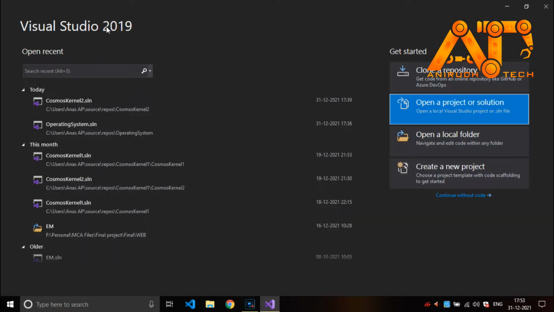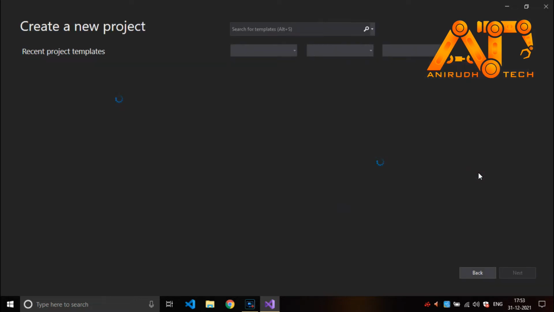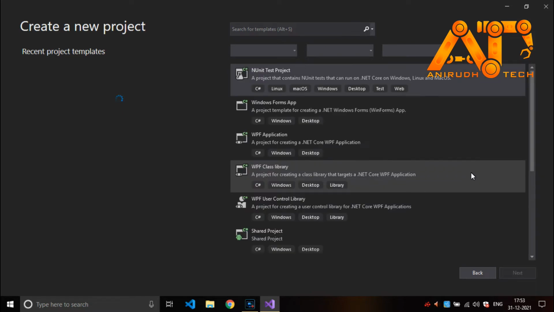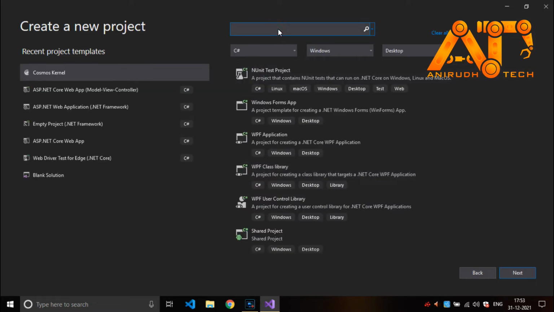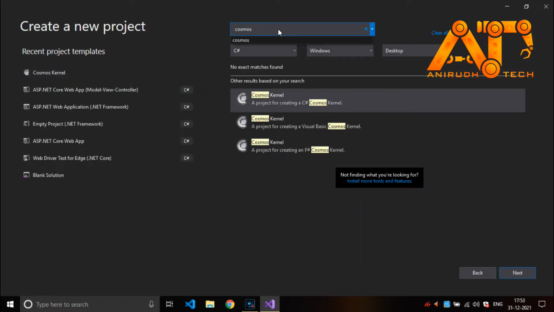From the Visual Studio 2019 IDE, I'm going to create a new project. I hope you already installed Cosmos, and you can just type Cosmos, the development kit or user kit. You can see a project template for C Sharp, Visual Basic and F Sharp.